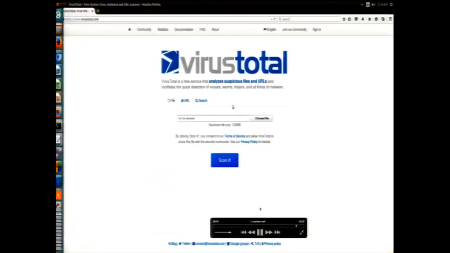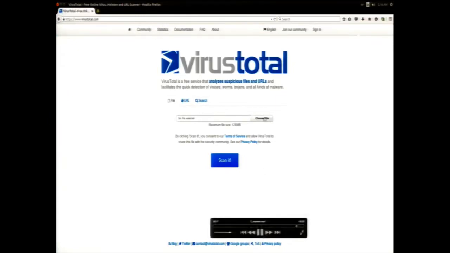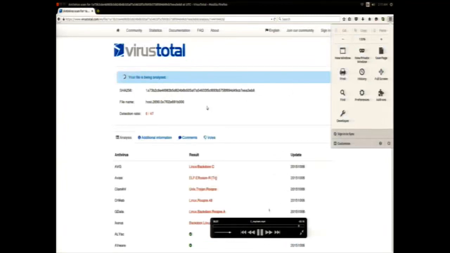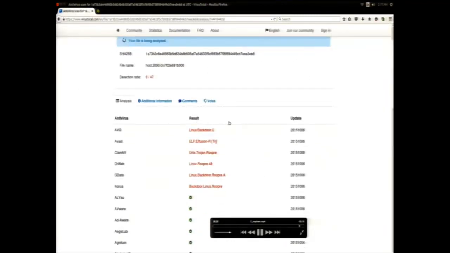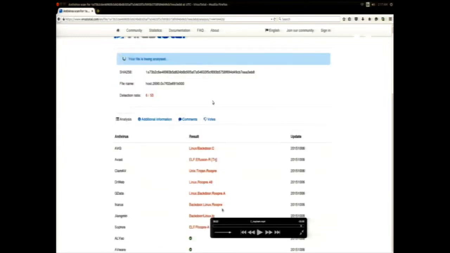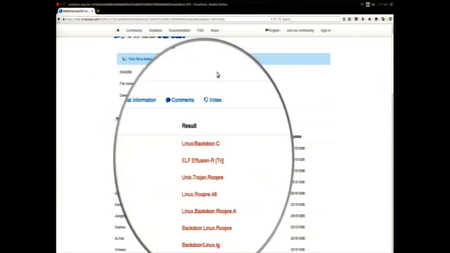Okay. Also, one more thing that I want to show you is that the dumped component is actually malicious. So what I'm going to do is submit that cache.so that was dumped from the memory to VirusTotal to show you that it is malicious. Once I submit it to VirusTotal, you see that there are 8 detections. 8 out of 55 AV vendors detect this as malicious, and you see that it's detected as Linux backdoor, right? Just to show you that this is the cache.so that we dumped from the host process.